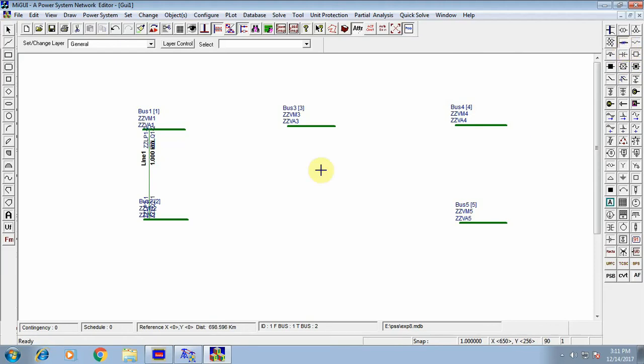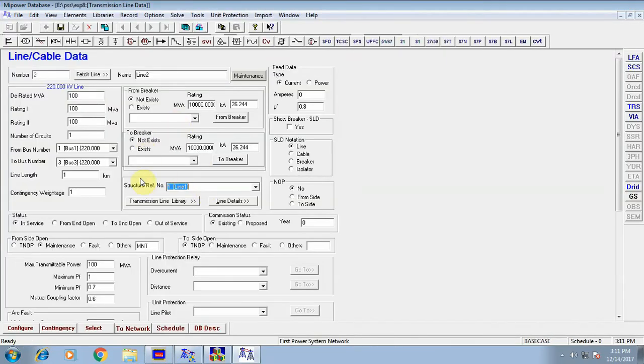Draw the transmission line between bus number 1 and 3, and select this from bus as 1 and to bus as bus number 3. Double click on that bus, click OK, and then give this structure reference number as 2, and then click on